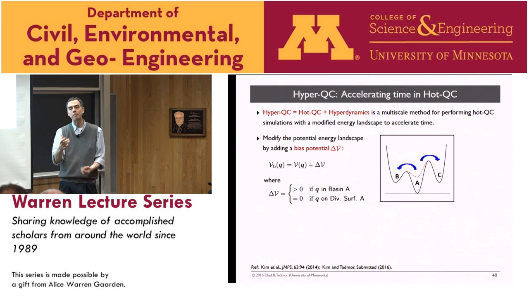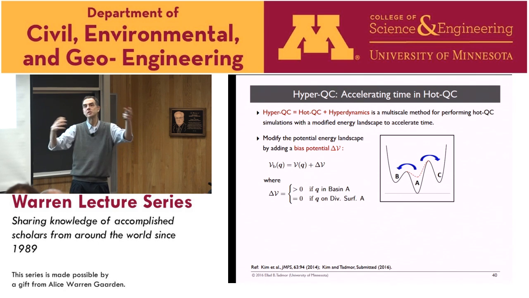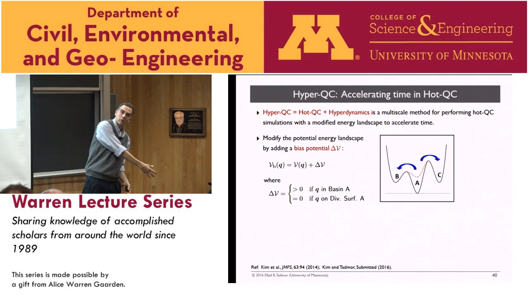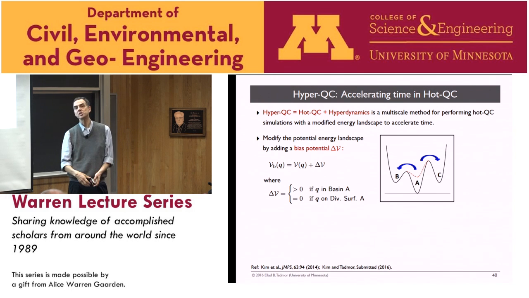What actually happens in that method is, because you have to be careful. If you accelerate time, yes, you escape faster, but you may not escape to the right place that would have happened at the real temperature. And so the systematic way of doing it is figuring out, for each jump that you do, extrapolating back and figuring out when that event would have happened at the original temperature that you're running at. And then you do this for a while. You collect information about all the places you can hop to. You extrapolate them all back to the real temperature, and you see which one would have happened first. That's the one that you choose to do. And so that's a more systematic way of doing it.